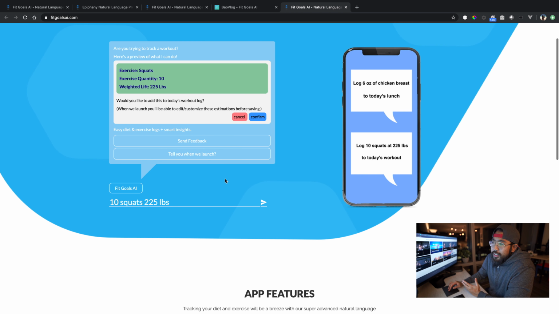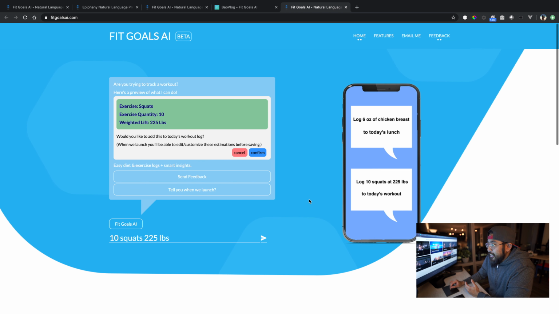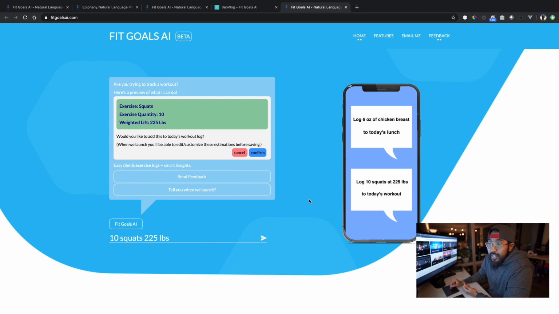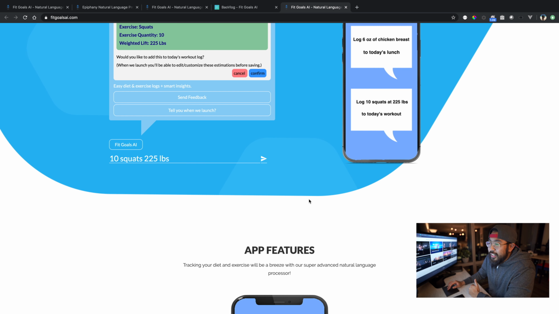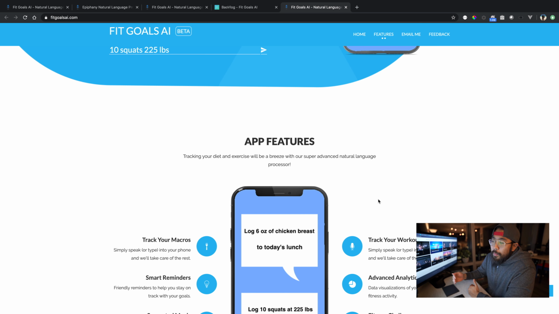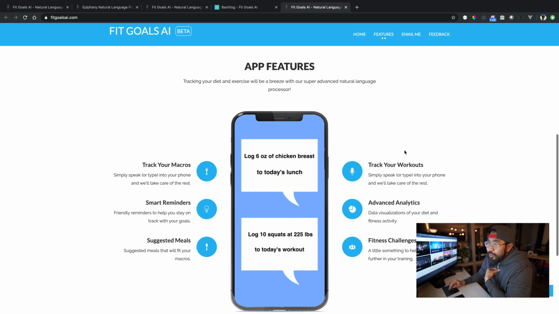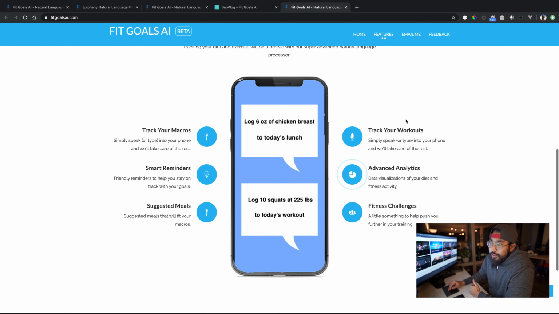The voice assistant aspect of it is not the main feature, I guess you could say. I think it's the cool one and very marketable, and perhaps people would find that aspect very useful. But the main concept of Fit Goals AI is as simple as setting goals and then helping you achieve that goal. Whatever technology is available to make that easier, that's my goal in developing this app. So right now it's via this voice assistant thing.